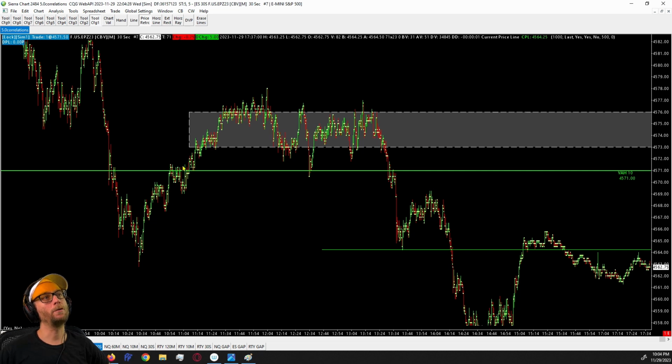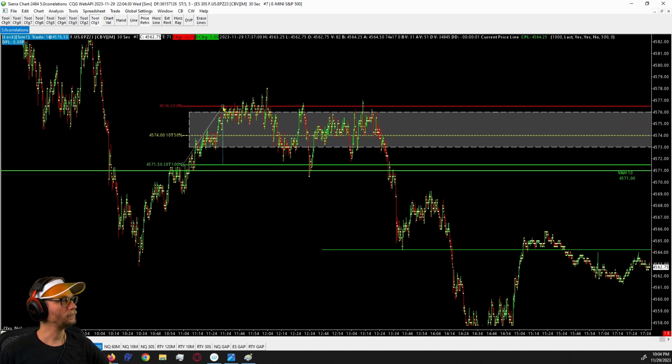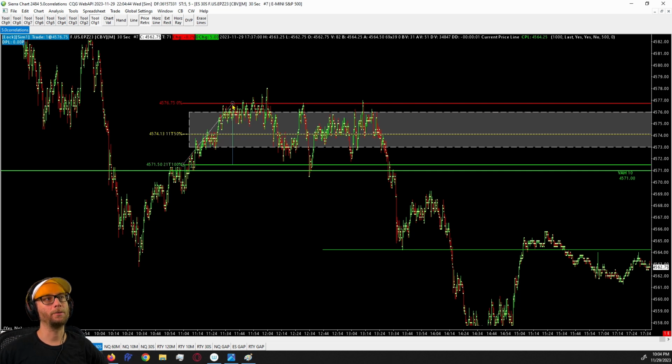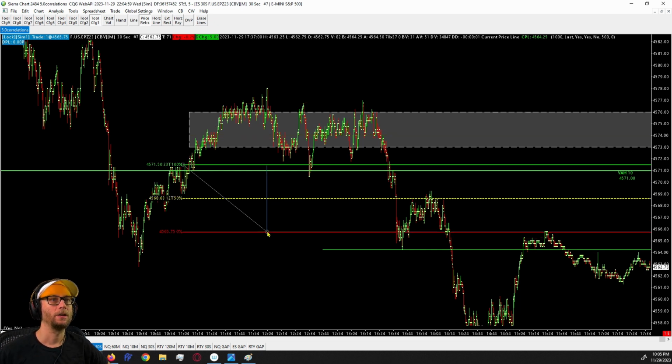So a measured move, would we take the body? This is a modded Fibonacci tool, by the way. Just the edges and the midpoint. That's all I want to know with it. I don't care about Fibonacci levels. So this is about the body width of this upper range. So that's about 21 ticks. So anytime you have a range breakout, it typically will break out about the body width to the upside or downside. So we're looking at a 21 tick move out.